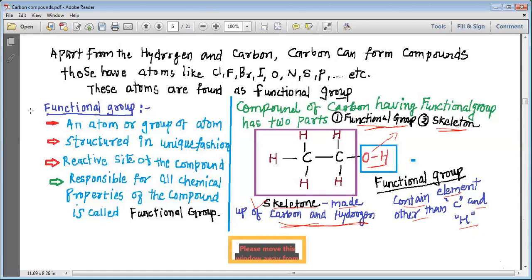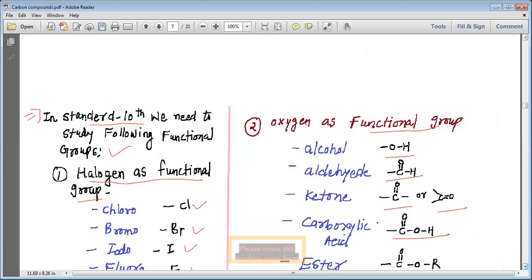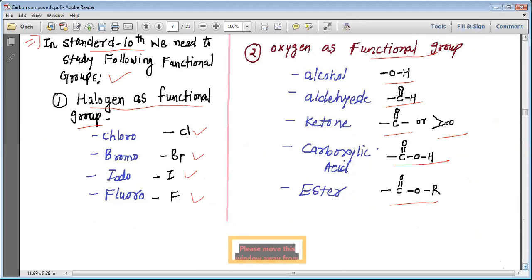Apart from that, we studied the functional group: an atom or a group of atoms arranged in a unique fashion, the reactive site of the compound, and responsible for the various chemical characteristics of the compound, is known as a functional group. We have seen that a carbon compound has two parts, the functional group and the skeleton. The skeleton is made up of carbon and hydrogen, whereas the functional group contains elements other than carbon and hydrogen. Then, my dear students, we have seen the various functional groups that we are going to study in 10